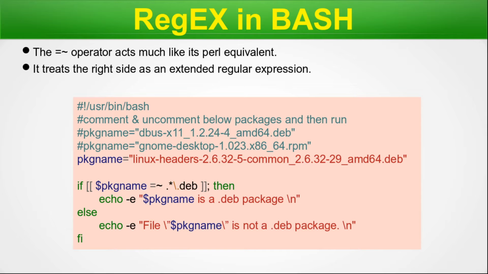In this we are checking whether this package name that we are concerned with is a deb or not. Okay, so here we have used deb from the Debian series and RPM. So these Debian and RPM, it will check the file extension here and accordingly it will echo whether it is a Debian package or it is a non-Debian package. Okay, so this is the purpose of this example. Let's move on to the next section.